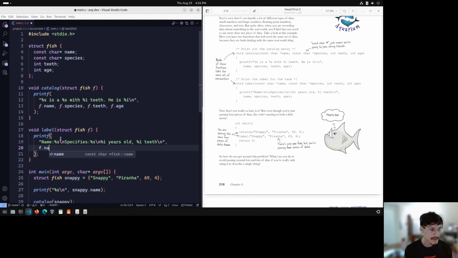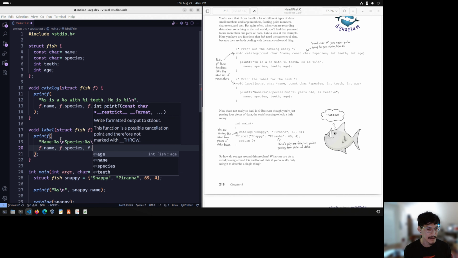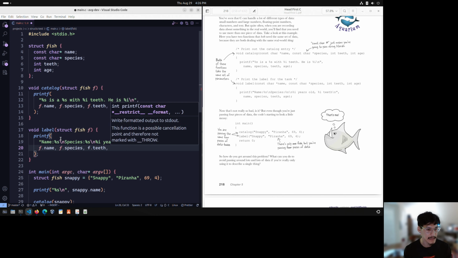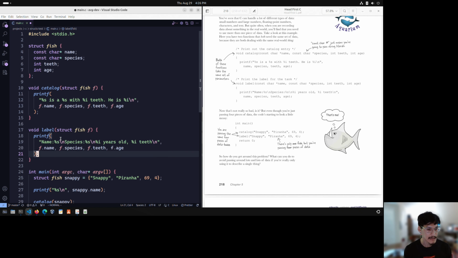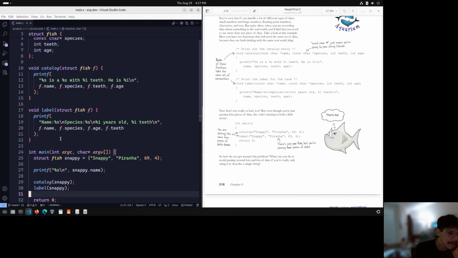Then we're going to say f.name. Did I say species? Alright, species. Let's see. What did I say? f.species. Let's see what else. f.teeth. And then f.age. Okay. So that's. Oh, I flipped it. Teeth, and then age. Okay. So we have our two